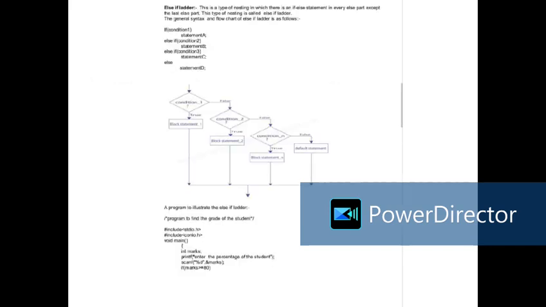Else if ladder statement is used to evaluate multiple conditions in sequence. Only the first true condition block is executed. Example: if (mark >= 90) printf("grade A"); else if (mark >= 80) printf("grade B"); else printf("grade C");